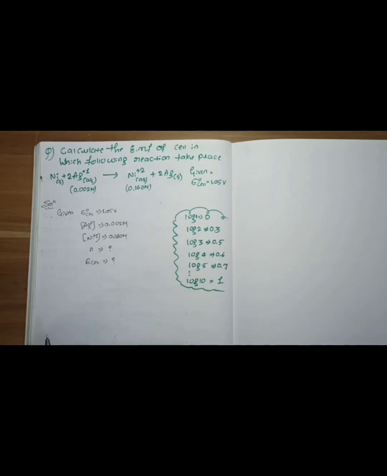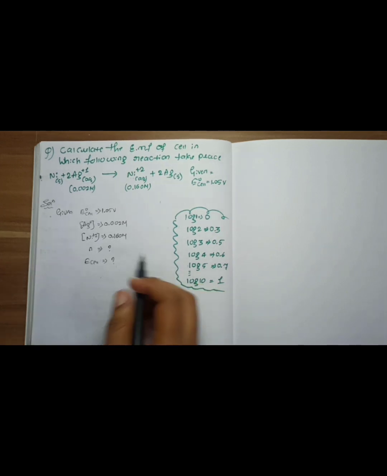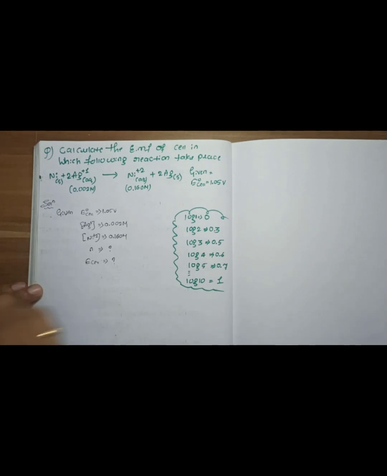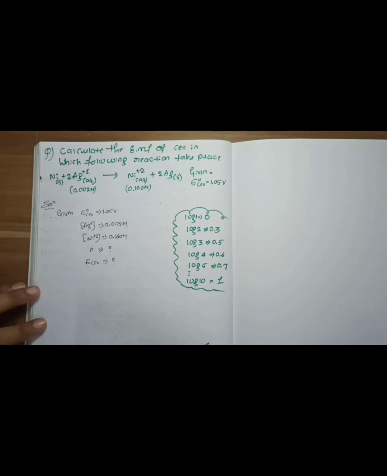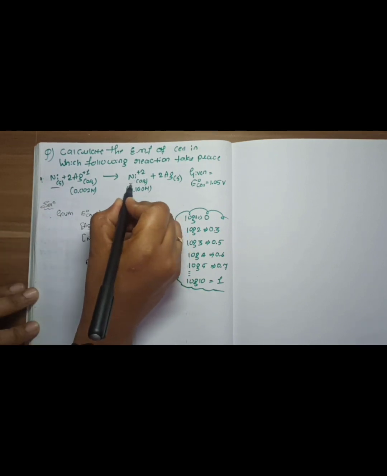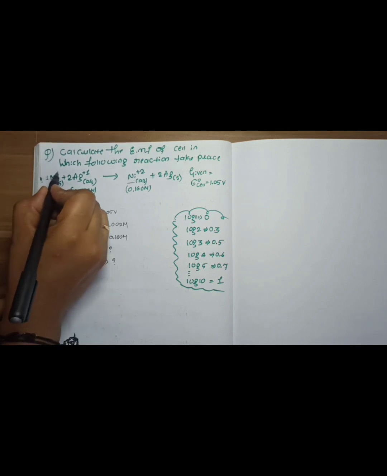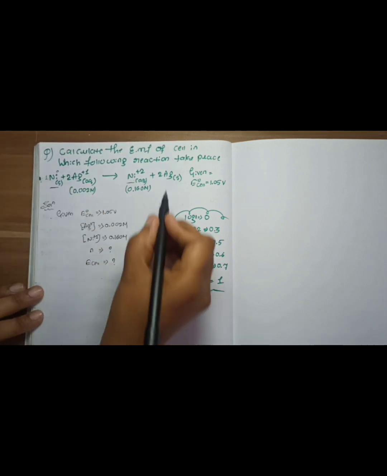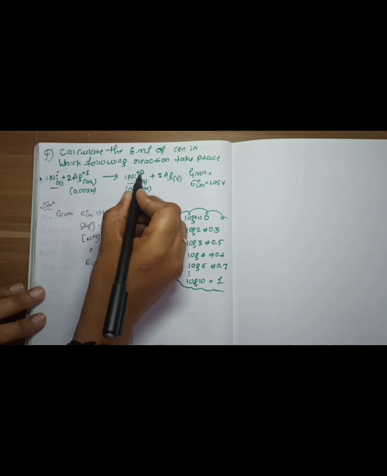The n value we can find from the cell reaction. I will tell you a very simple trick to find the n value. In a reaction, two half cell reactions are present: one is a reduction half cell reaction and the other is an oxidation half cell reaction. For finding the n value, we have to consider any one half cell reaction. If I consider nickel on the reactant side, we have to consider nickel on the product side also. In front of nickel nothing is there, so 1. Above nickel, no charge, so 0. On the product side, in front of nickel nothing is there, so 1, and the charge is plus 2.